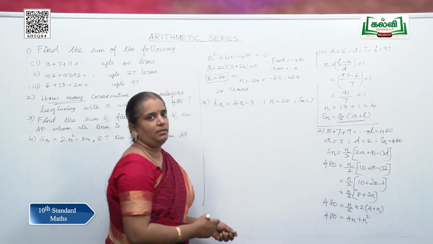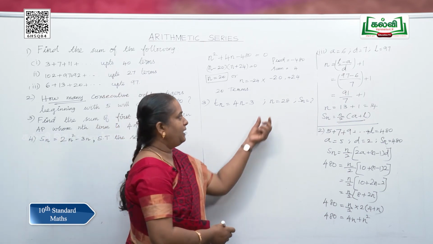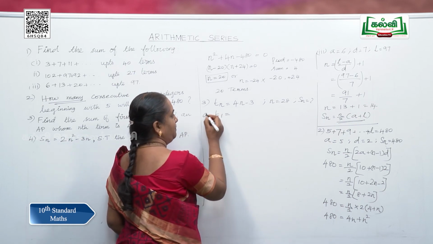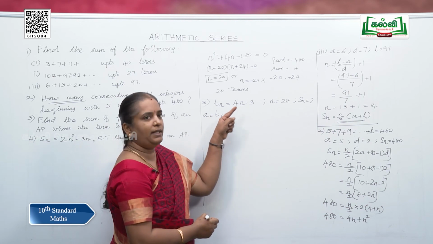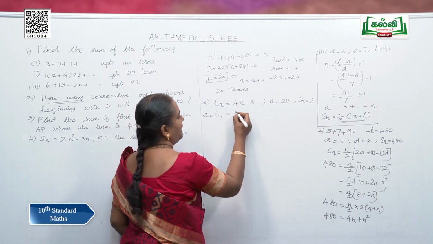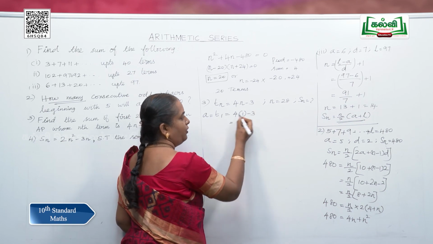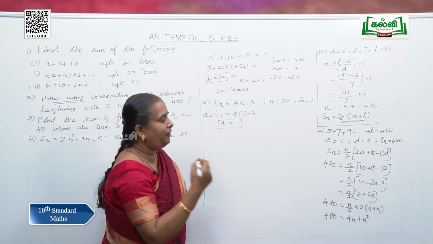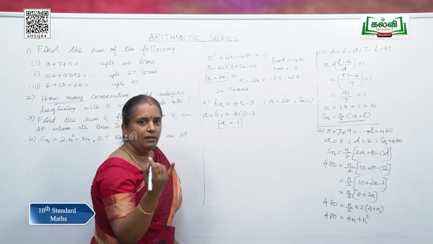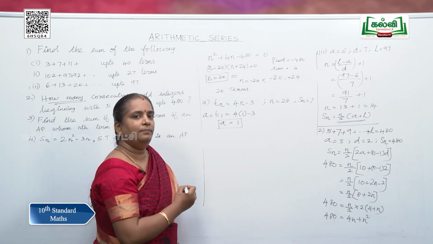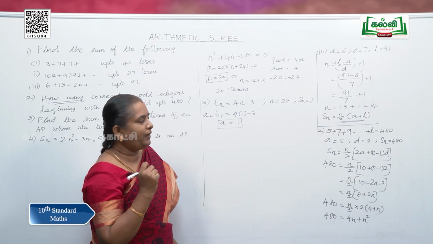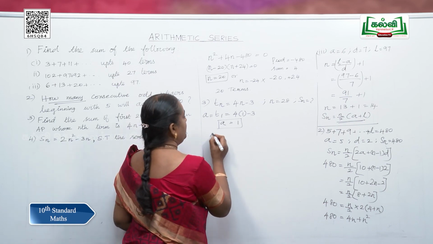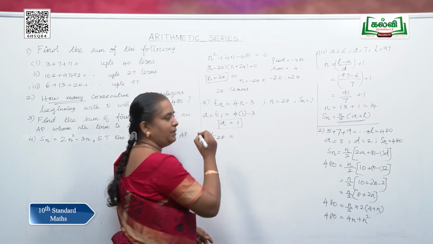So we have two formulas. So what formula can be used? Keep in mind that n is here. A, what is A? A is the first term. So T1 is termed as A. So we can have T1, that is substituting 1 instead of n here, we get 4 into 1 minus 3, which is 4 minus 3, 1. So A is 1. So keeping this in mind, we are going to find what is our d or what is our L. What shall we find? What is our L? How do you find L? L is the nth term. Here n is 28. So L is T28. Our L, last term, is T28.